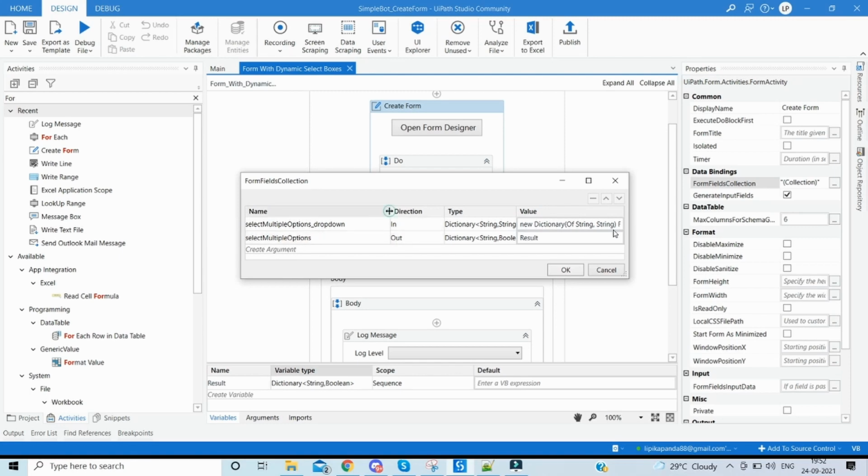And we can provide the input in two ways, either a list of strings or a dictionary, and the output in case of select boxes is always in the form of a dictionary of string and boolean, where whichever checkboxes are marked as true will have true, and whichever are marked as false will have false.